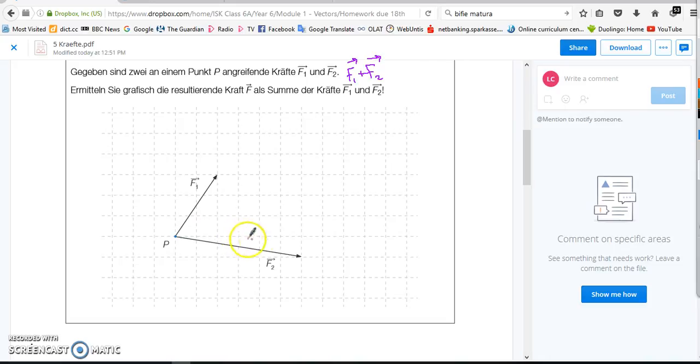F2's instructions are to go along 1, 2, 3, 4, 5, 6 and down 1. So 1, 2, 3, 4, 5, 6 and down 1. F2 would come, you can do this with a ruler, down there from the end of F1. And you could do this the other way. You could start off at the end of F2 and add F1, which goes 2 along and 3 up, 2 along and 3 up,